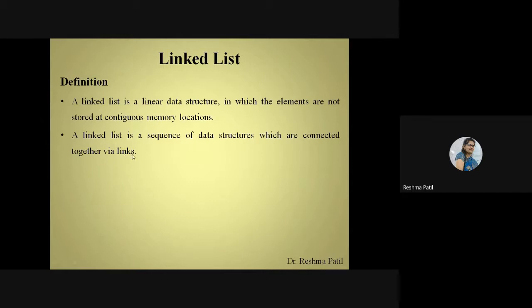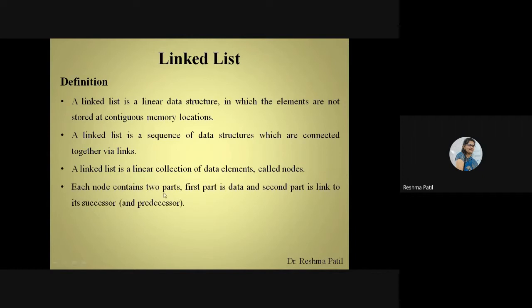So using that link, we can access the elements. Linked list is a linear collection of data elements called nodes. So every element we store in a linked list is called a node. So you can say that a linked list is a collection of nodes.